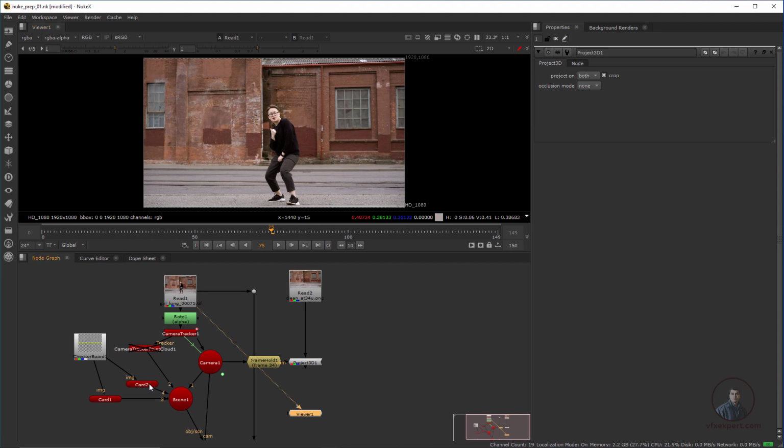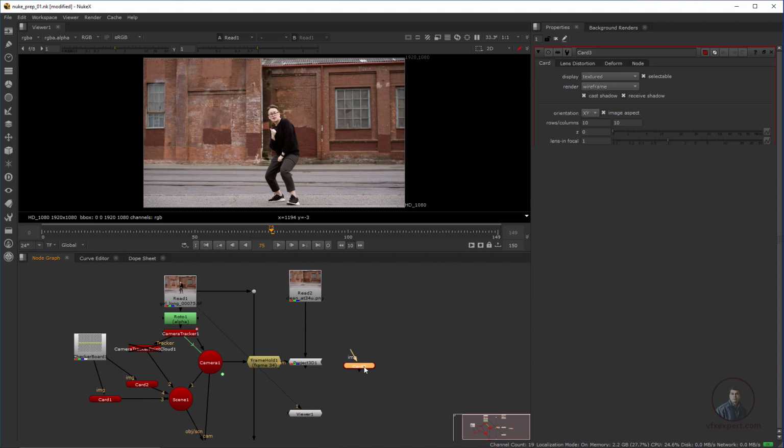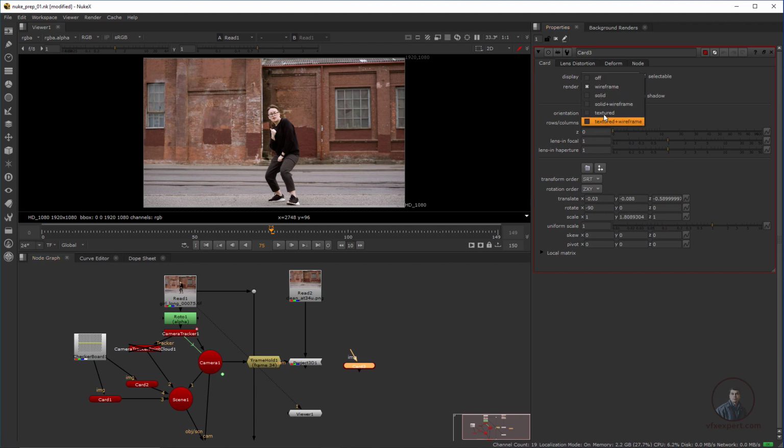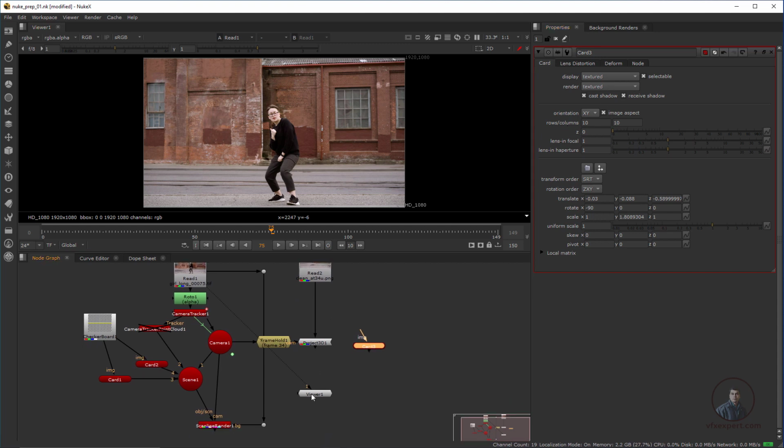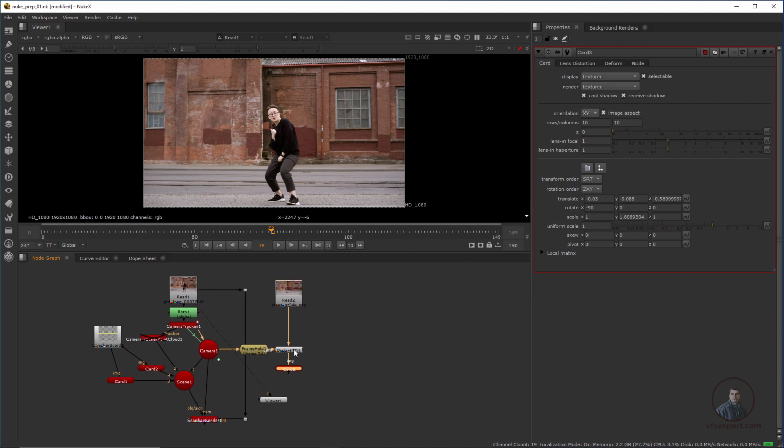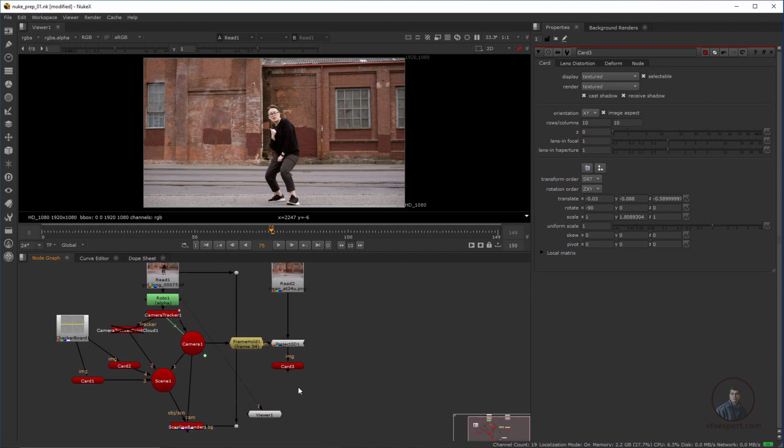Okay, this card we have to copy and paste here. If you want you can use the same card, but I am going to create a separate flow. Select this one, then Control C and Control V, copy paste, then double click. First important thing, in the render view we have to select Textured, because here I had defined wireframe mode. Then we have to project this clean plate on top of this card like this. Then we render this card output, then take a Scale and render.